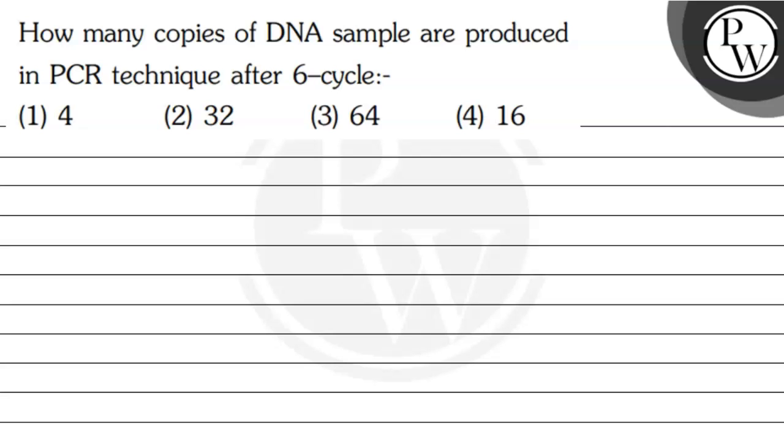So the question says, how many copies of DNA sample are produced in PCR technique after 6 cycles. So in this question, हमें इन चारों ऑप्शंस में से वो आइडेंटिफाई करना है जहां पे अगर हमने एक डीएनए सैंपल को पीसीआर टेक्निक के थ्रू से क्रॉस किया और उसको 6 टाइम्स रिपीट किया तो कितने सारे डीएनए कॉपीज हमें मिलेंगे. So first of all, the key concept in this question